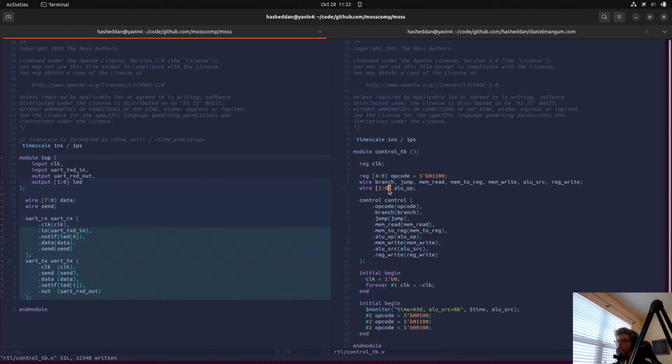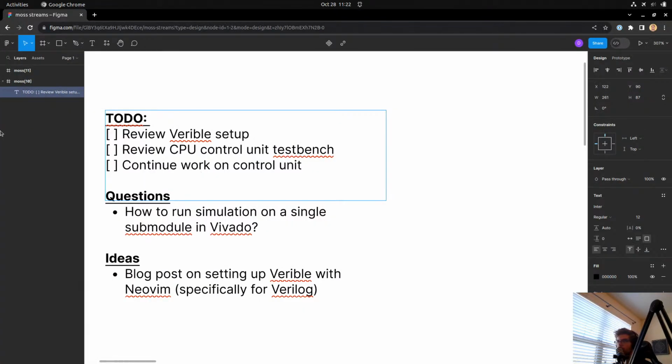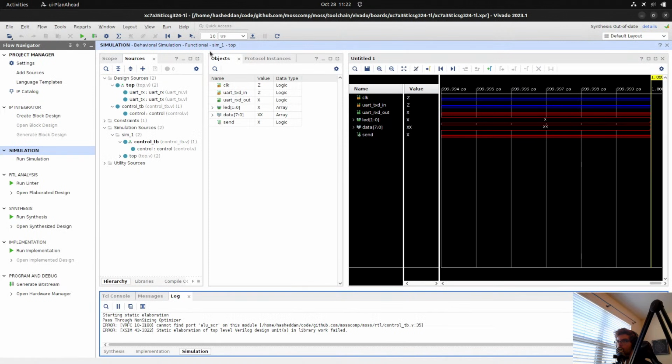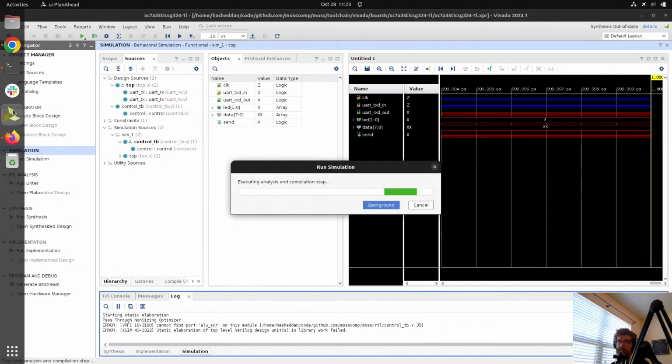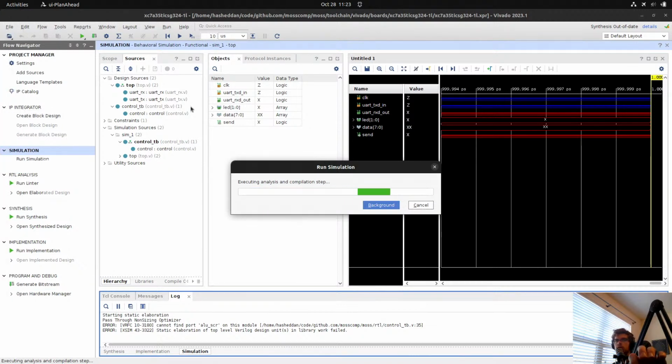ALU source. Runs a little bit slow, it looks like. Seem to remember it going a little bit faster last time.